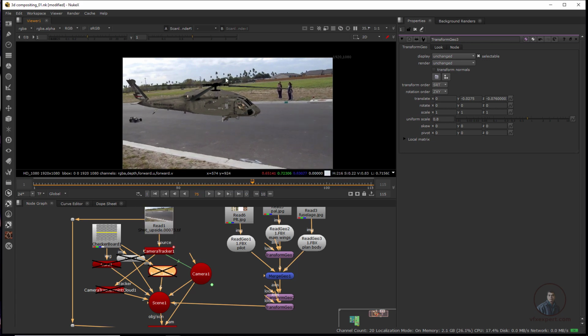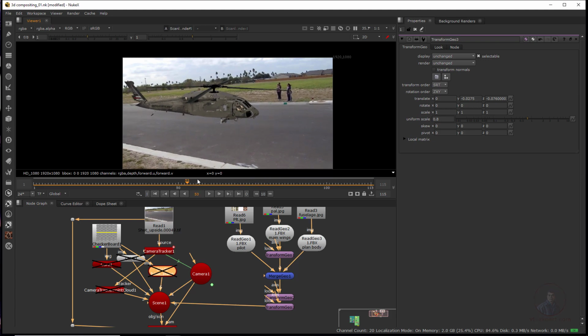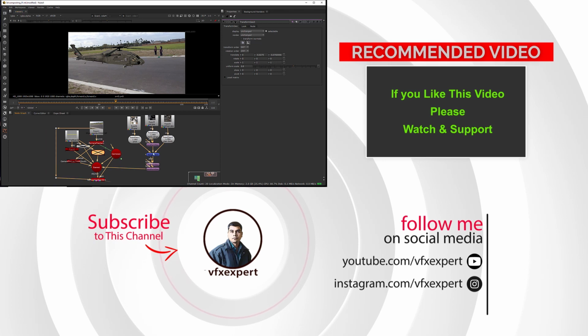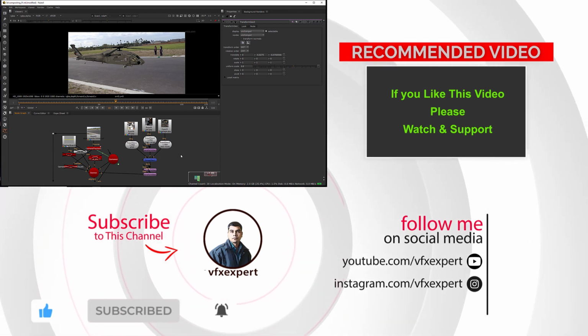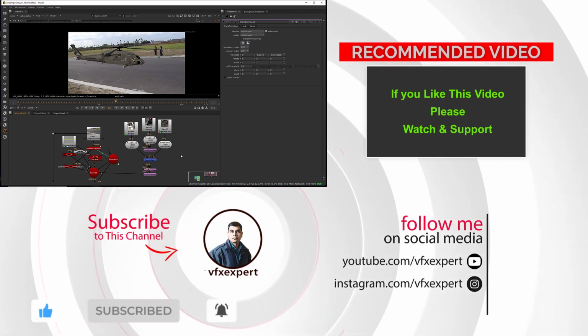Even if you want you can animate, like from here to here, from anywhere you can animate. So this is just for reference, how you can import 3D models in Nuke also. Okay, so I have explained it here, the remaining things you can adjust. Now till here I have completed this part. So in the next part we will export this camera data for Maya, and we will import it in Maya, and we will create some 3D elements in Maya.